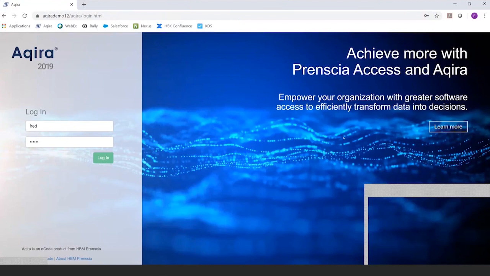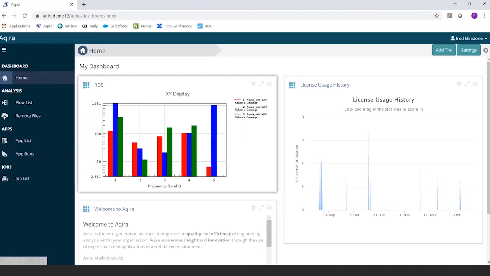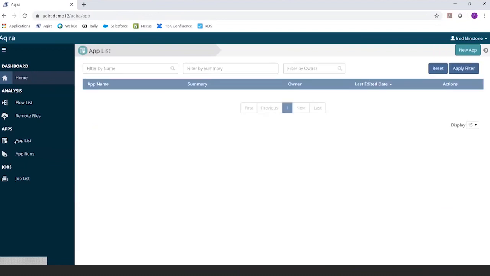I'm using my web browser now, and I'm logging into my Akira system. I've got a login and a password, and I'm logging in now. So I'm logged in as Fred Kim, and you'll see in a minute that I've got a dedicated dashboard. That's my dashboard. It's showing me the latest results, whatever usage, and so that's Akira. I won't insist much on Akira. Again, there are webinars showing you how this works and all the benefits of using Akira. I'm going to jump straight into my list of apps, and we're going to run.